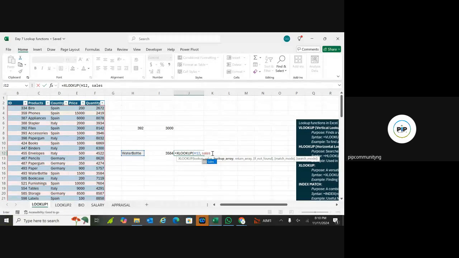Immediately you write sales there. You put your square bracket. What we're looking for, the water bottle, is in products, right? Products here, and then we'll put our comma. All right, return array is sales